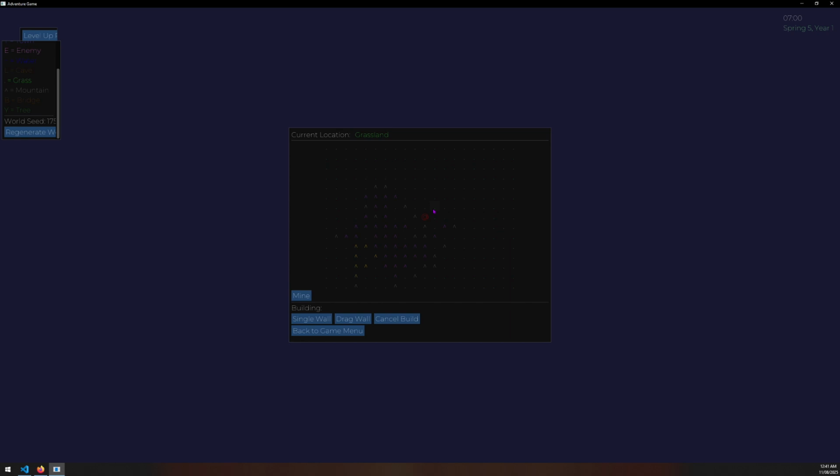Then we have little mountains, which are different types. I think we got sandstone, marble, iron, gold, silver, I think. I'm not sure. But similar to the tree cutting, you can mine it, and pretty much at the moment it's the exact same system. And then it obviously disappears.